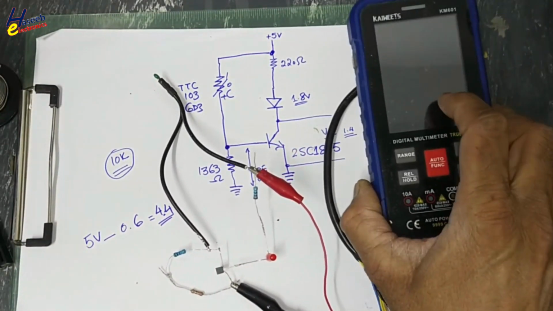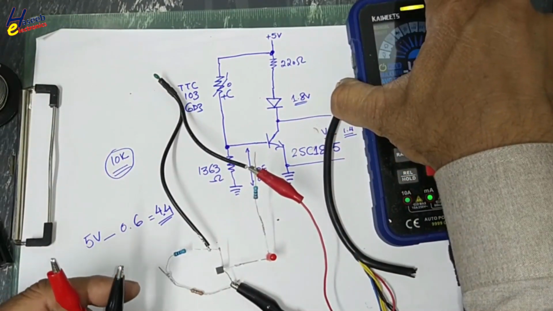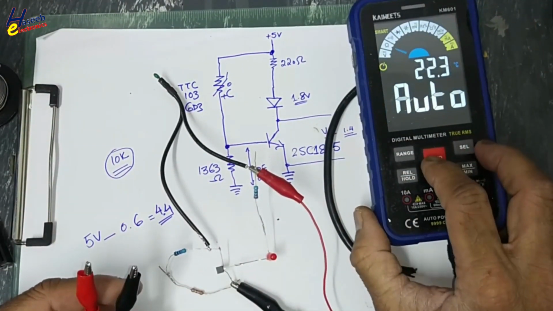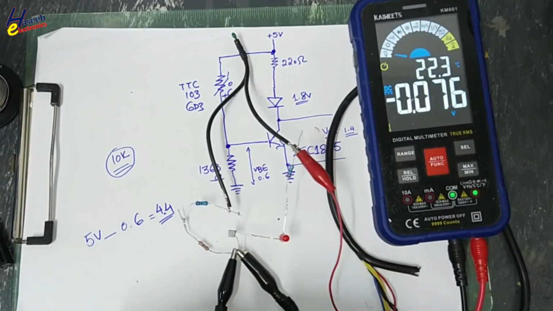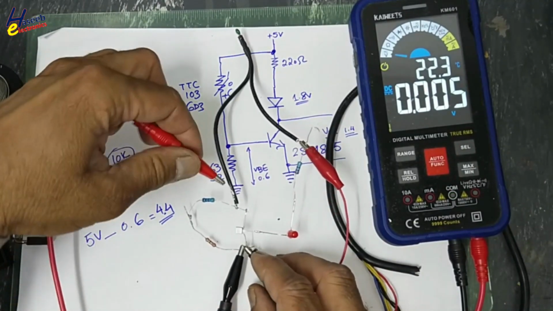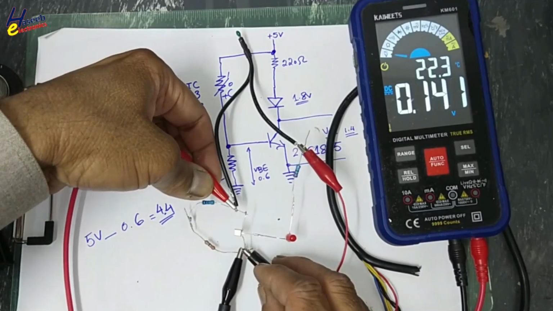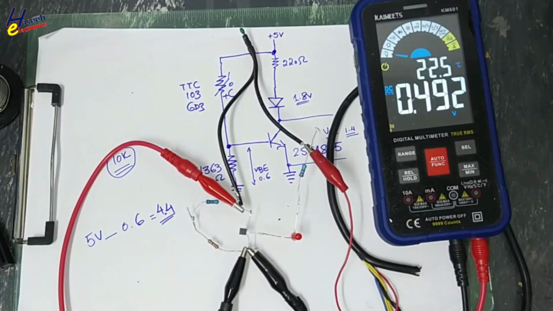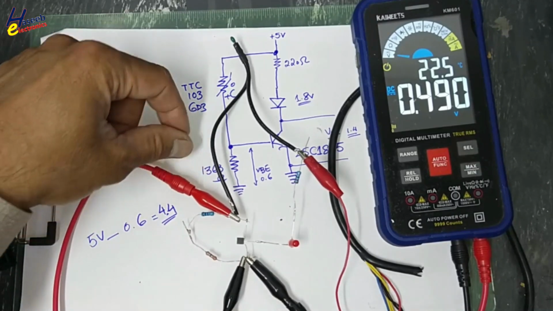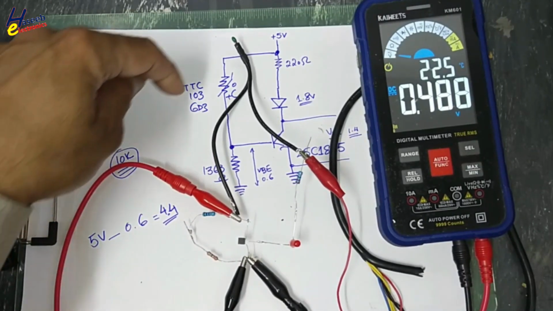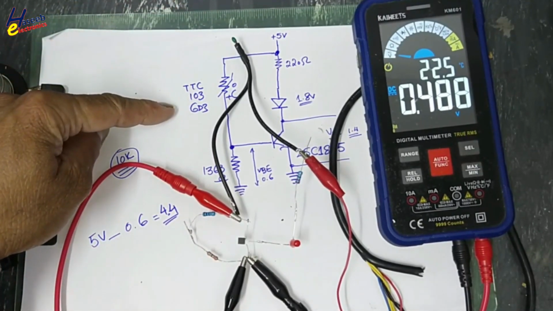Now I will monitor base voltage. DC voltage between base and emitter. 0.49, because this time I'm using slightly less value resistor, and this NTC is also not 10K this time,